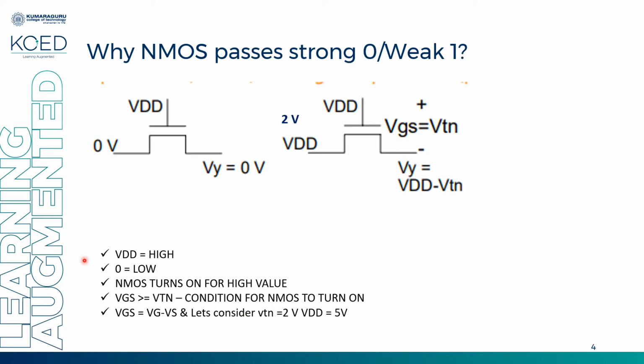Since we are going to analyze across the terminals, you must understand VGS is equal to VG minus VS. Why VG minus VS? In case of any NMOS, your source will be tied to ground. So you must include VG minus VS. If you take PMOS, you will be declaring it as VSG, VS minus VG. The reason is the source of PMOS is always tied to the higher level, that is VDD. So for analyzing this justification, I am going to consider my threshold as 2 volt and higher voltage or VDD as 5 volt.